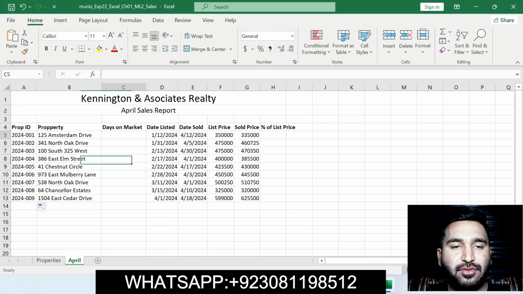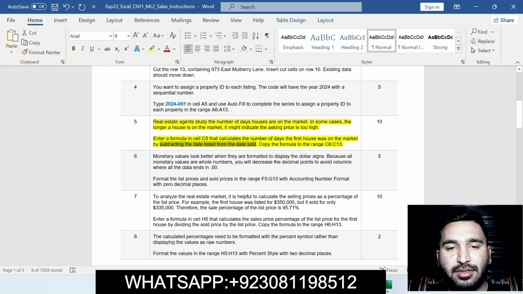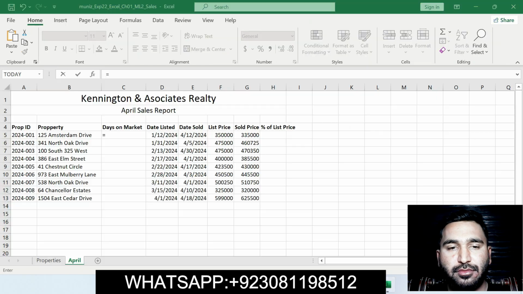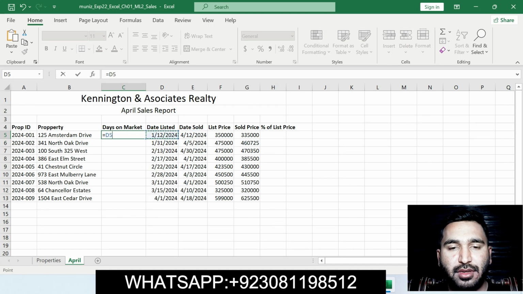Click on cell C5. First we enter equals, then subtract the date listed from the date sold, and then press enter.